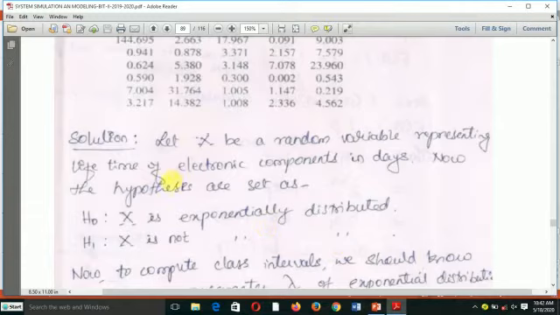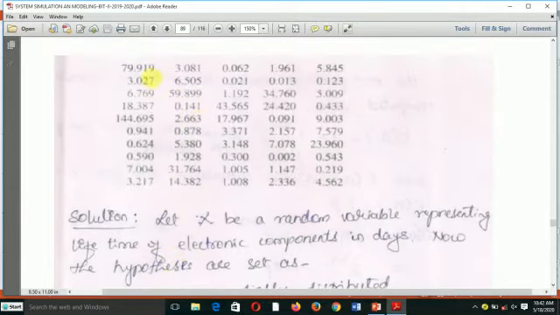So what will be the solution? We are having here a distribution, but we don't know which type of distribution we are having. If we are estimating the lifetime of components, we can check if the list provided follows the Poisson distribution or the exponential distribution. Here, in our case, we are going to check if this list follows the exponential distribution.